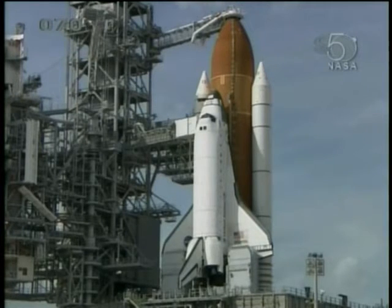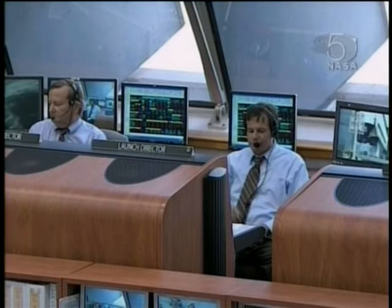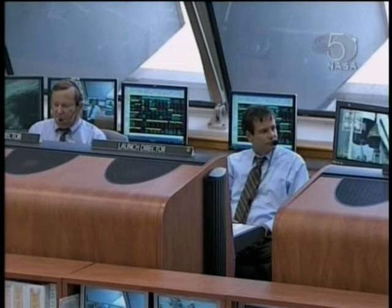Launch Director, NTD, our launch team is now ready to proceed. And NTD, this is Launch Director, I copy. I'll conduct my poll at this time. Chief Engineer, verify ready to resume count and go for launch. Is your team's go, Doug? Copy, Charlie, thank you. Shuttle, safety and mission assurance. KSC safety and mission assurance is go, Doug. Copy. Payload launch manager. Hey, Doug, on behalf of our partners from the European Space Agency, the ISS team is